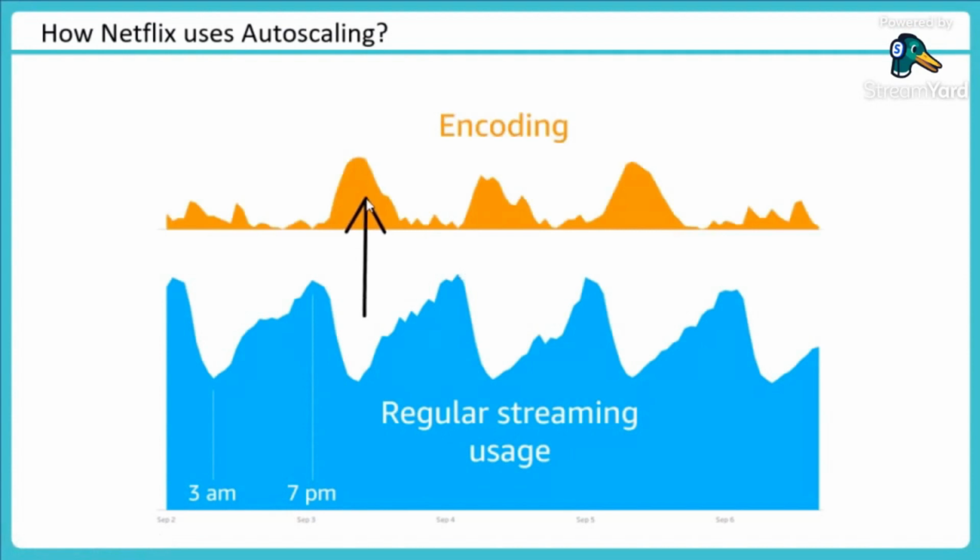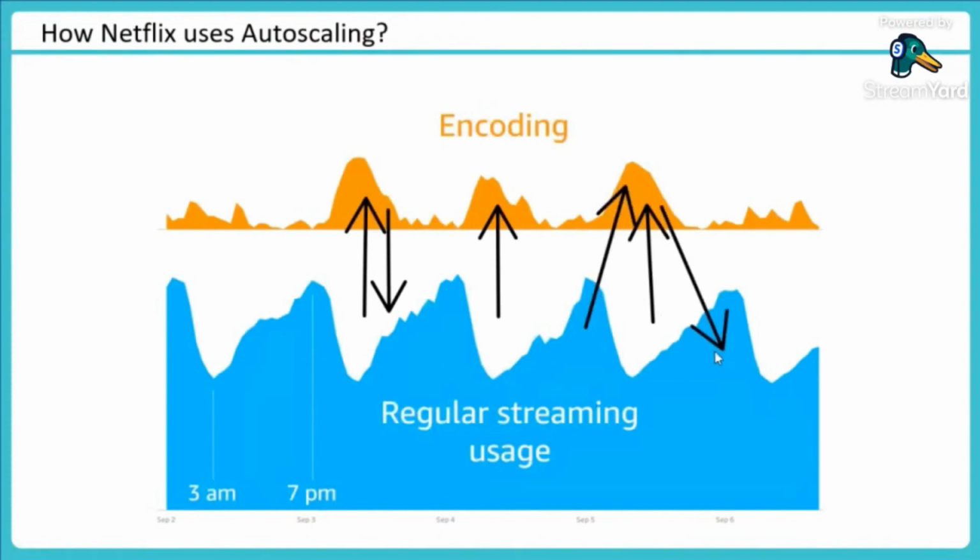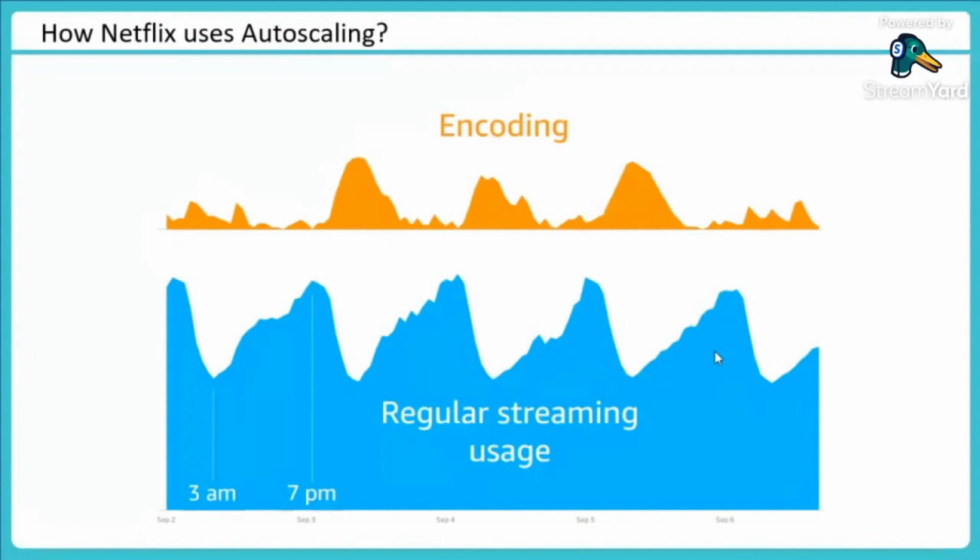for encoding jobs, because they have to encode their video for different video formats and different monitoring stations. So this is how they are scaling their environment and adding capacity back to streaming. Once capacity becomes free, they add it to encoding and bring it back to their regular streaming job. So it's all automated using 20,000 auto scaling groups, delivering the performance which customers are expecting. This is just a use case. I'll send you a link in the resource page today where you can get more detail on how they implemented it, what metrics they are monitoring, and how they run that massive global scale infrastructure.